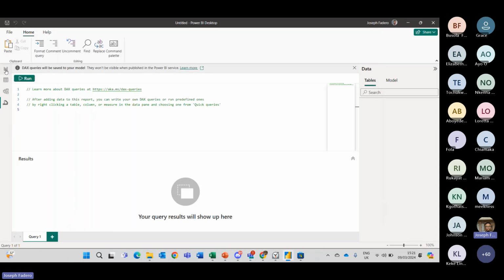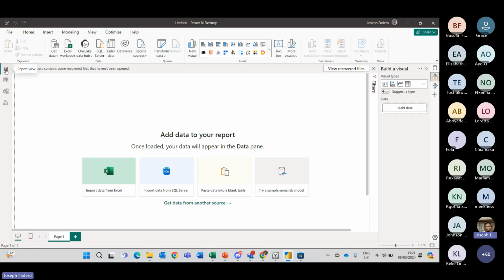But I'm still introducing us to the general interface of Power BI. For those who are starting, and for those who may have used Power BI before but probably missed out on certain things, the best way to learn is by unlearning, learning, and relearning. That way the concept can stick in your head clearly. Hope I'm not going too fast. Hope you can hear me clearly and hope I'm making sense.